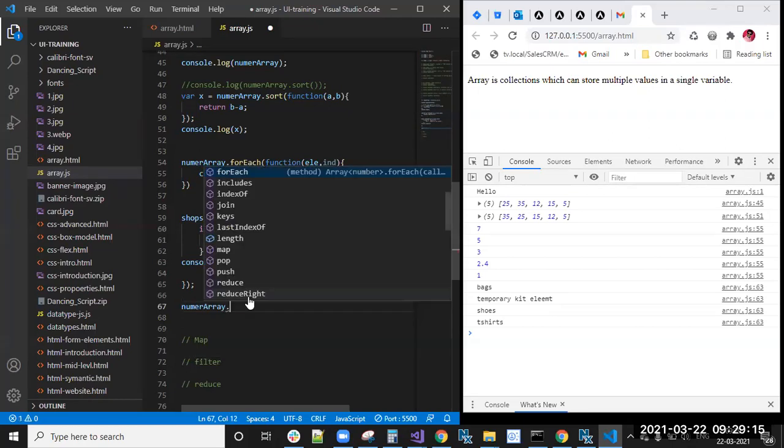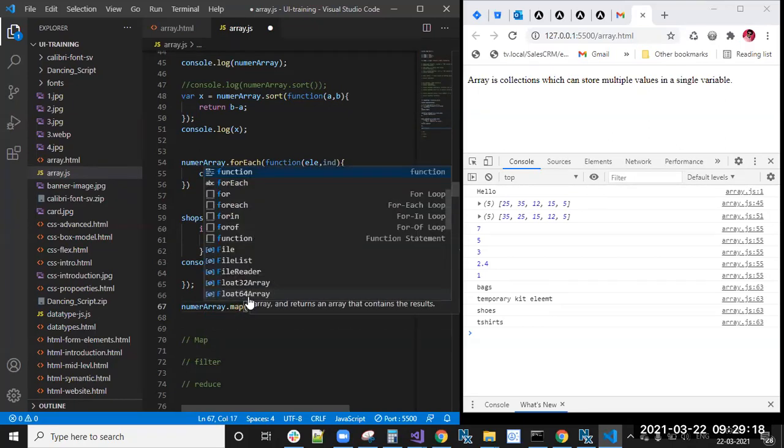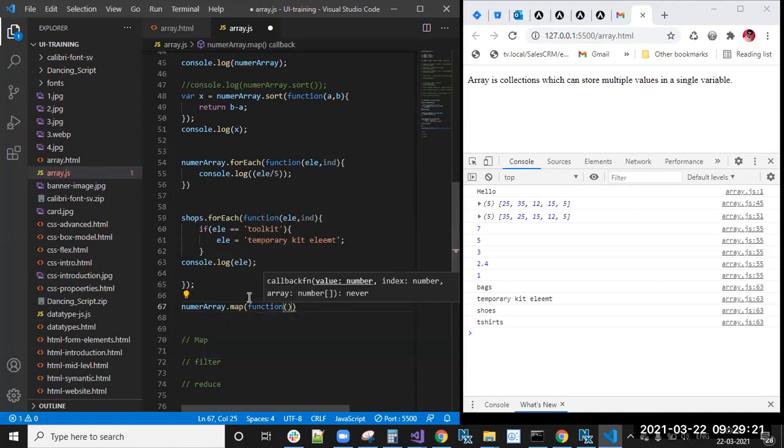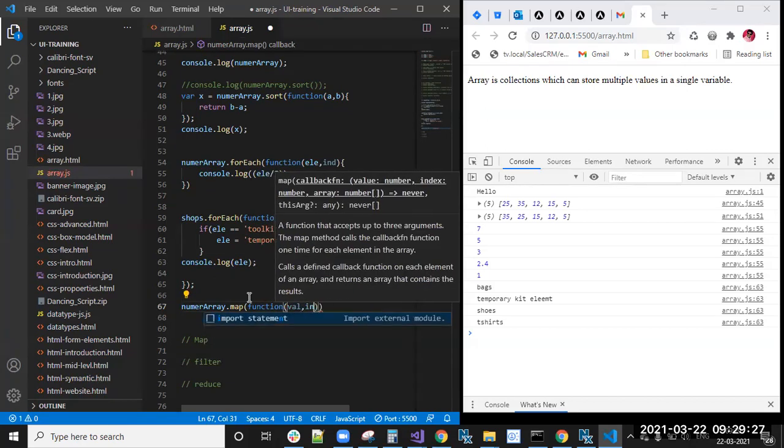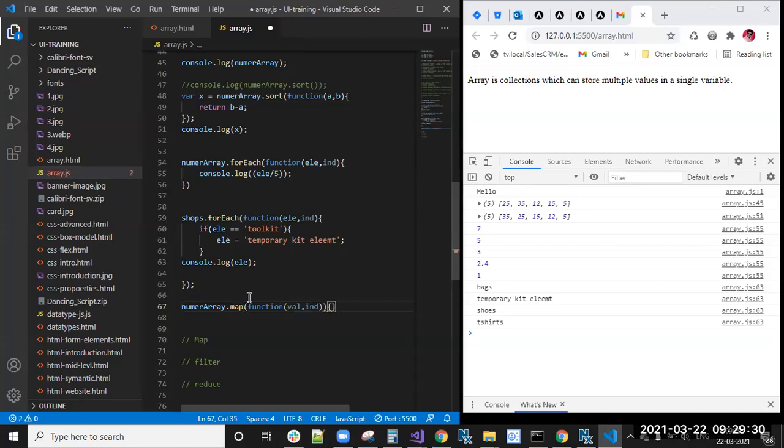Member array dot map function of, here also it will accept value comma index. Now we will get each and every element, right? We need to write a return statement, return val star 2.